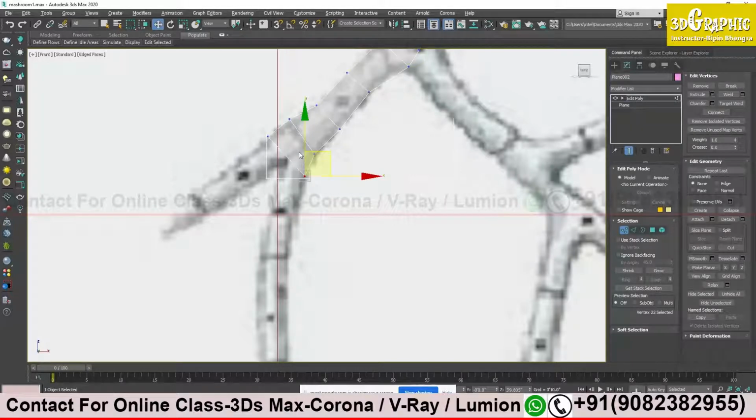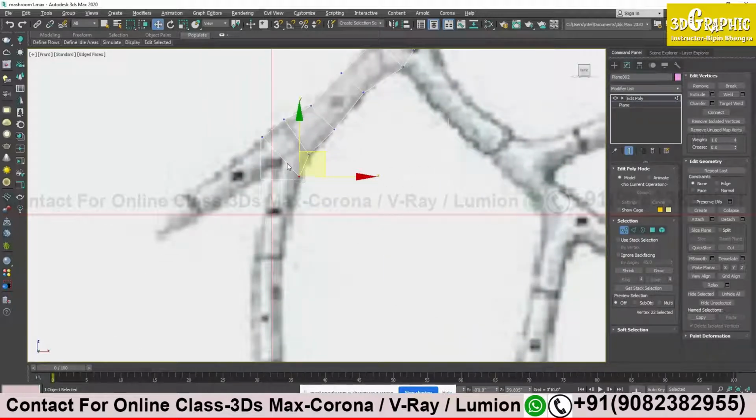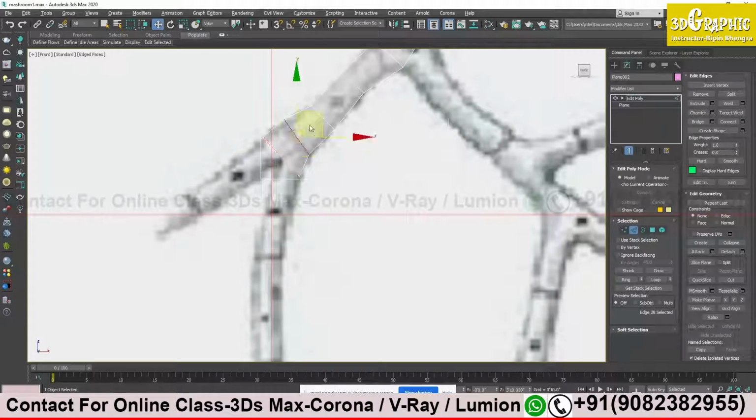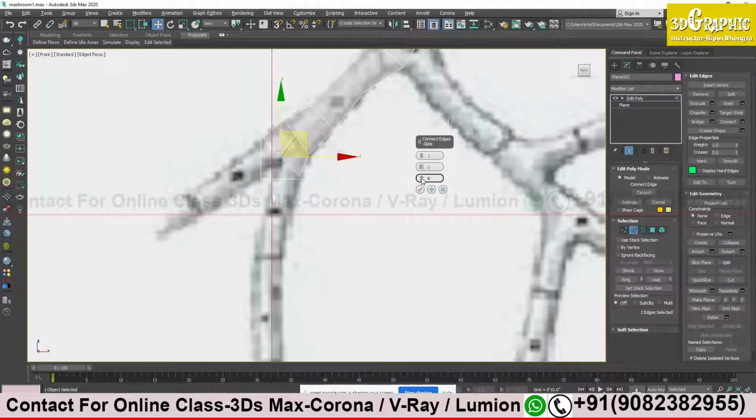See, the first very simple option you will get on your mind is, why can't I add a line over here, as I have added over here, right? What I will do, I will press 2, I will select this many edges, and I will add a line, so that I will get two different faces. Suppose I connect over here, I do 1. So I get two different faces over here. That could be one option, that could be one solution, but I will tell you a different solution also.